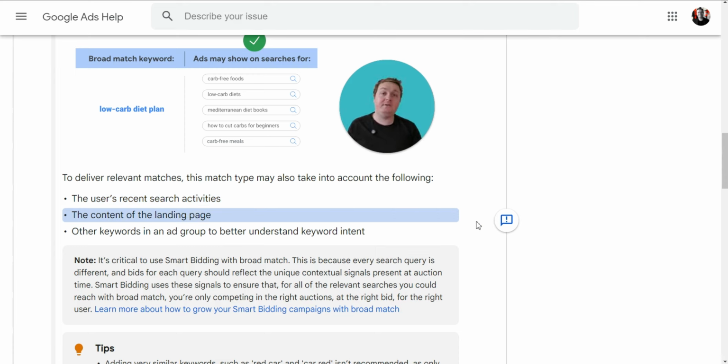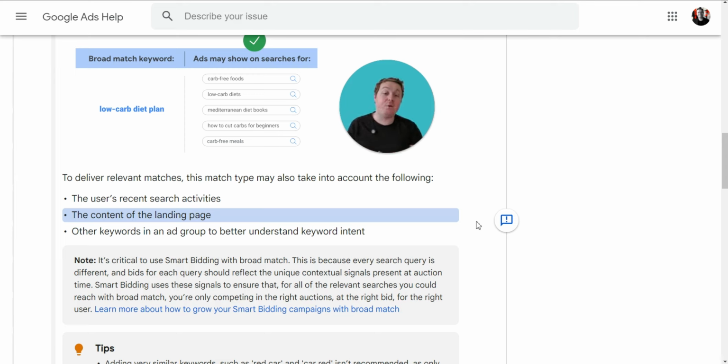Obviously, it looks at the content of the landing page. So once again, it's extremely important to structure your campaign so that you can send users to the most relevant landing page, right? So for example, if I have a bunch of different products in my e-commerce store, everything from t-shirts to jeans to shoes, I really don't want to be advertising shoes and sending them to the homepage, because a far more relevant page and one that would provide more context for Google would be the shoe category, right? So again, this is something that we have to keep in mind when we're setting up the broad match